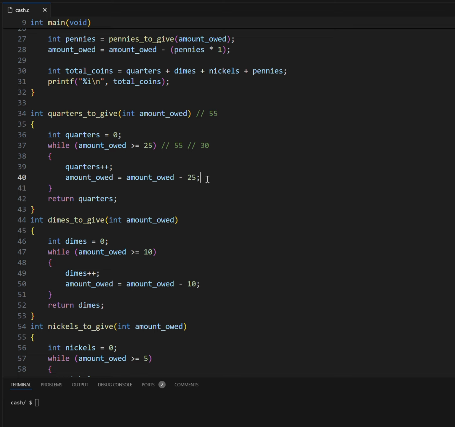On the next iteration of the loop, I am left with 5 exactly. And because 5 is less than 25, the loop will not be executed. We will jump to the return statement and we will return 2 in that case. All right? And this is how you compute the number of quarters to give back. Just reduce by 25, increase quarters by 1, reduce by 25, increase quarters by 1, rinse and repeat until you